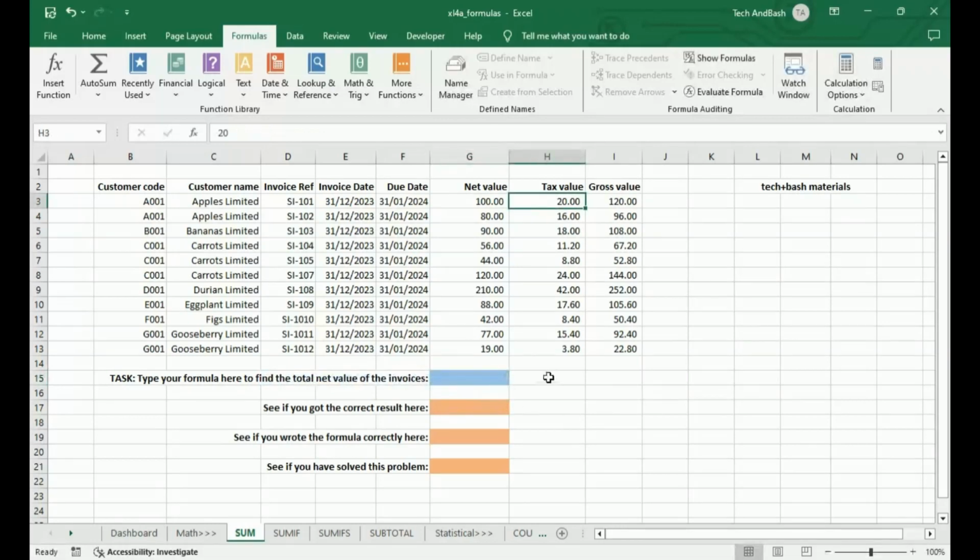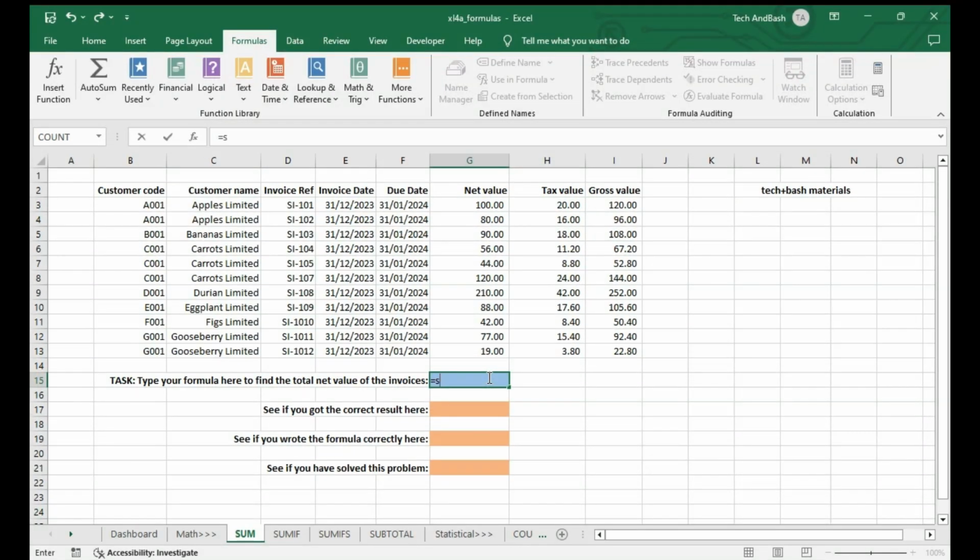The best way to find the total net value of all the invoices in this listing is to use the sum formula. Using the sum formula is really simple. You start with an equals sign, type sum, S-U-M. You can do it in lowercase or uppercase, either will work. An opening bracket,